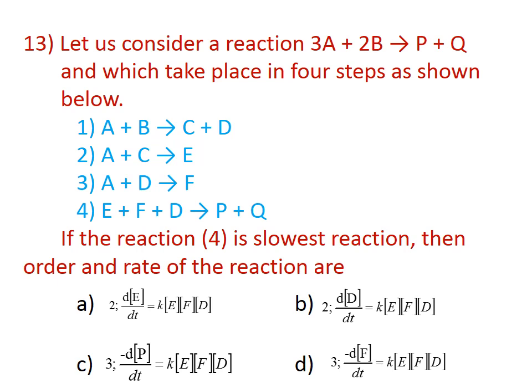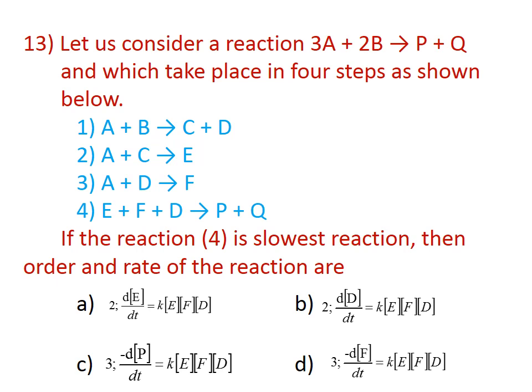If you consider in terms of the reactant, let us consider the first option. The order is 2, it is wrong. The rate equation is also wrong, it is given in plus, it should be in minus. Similarly, the second option is also wrong, order 2 is wrong. In the third option, the order 3 is correct, but it is given as minus dB by dt, which is wrong, it should be plus dB by dt in terms of product.